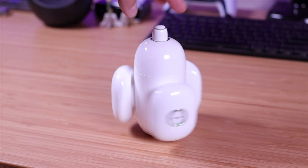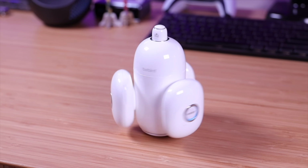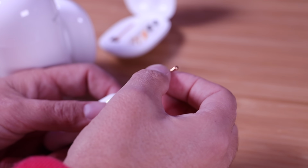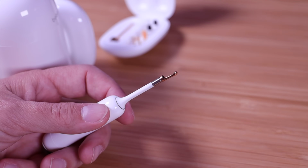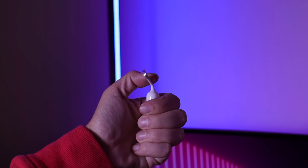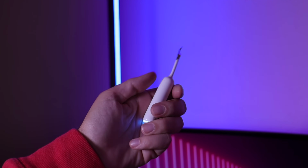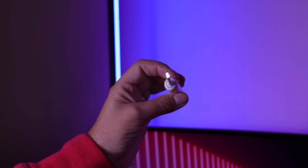The version that B-Bird sent out to me is for the family, as it includes multiple toolkits. They also have individual versions of the B-Bird if you don't need one for your entire family. A few things that really stand out here are the serpentine bendable lens. This innovative optical device is designed to provide unparalleled flexibility and adaptability in different situations. The lens features a unique serpentine structure which allows it to bend and conform to a wide range of shapes